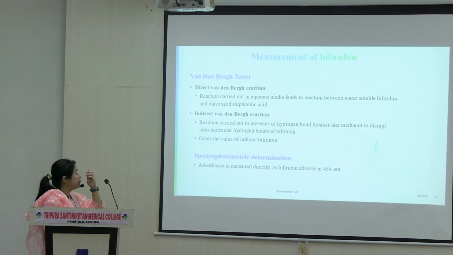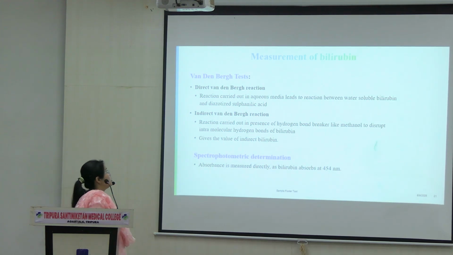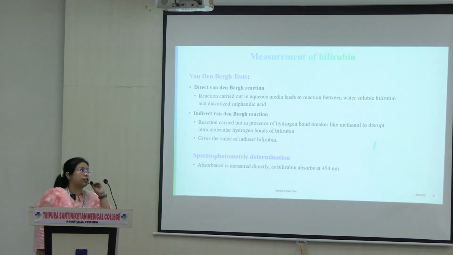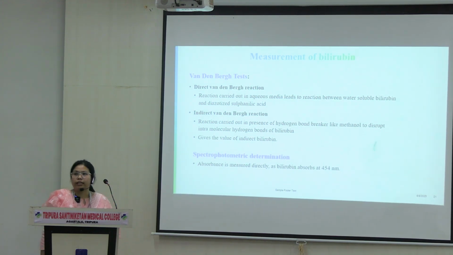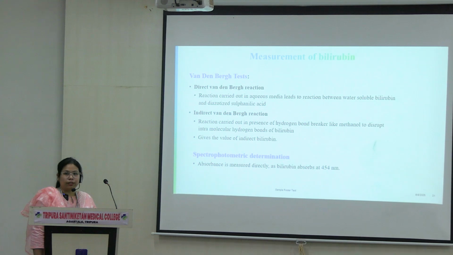Okay, so anyway, bilirubin measurement is done by a test known as the Van den Bergh test. It can be direct and it can be indirect as well. How do we measure direct? This reaction is between diazotized sulfanilic acid. We add hydrochloric acid and then sodium nitrite to the sulfanilic acid to make it diazotized.